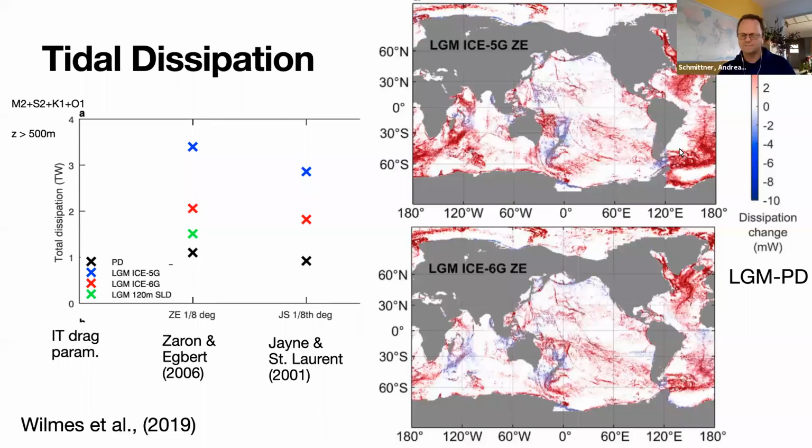So we know from ice core reconstructions that Greenland was extremely cold during the last glacial. It cooled by probably more than 15 degrees, like 15 to 20 degrees. At the same time, Antarctica did not cool all that much. I've been looking at many different model simulations from the LGM, mostly in the PMIP family, and it's clear that the only way you can make Greenland that cold is if you have a weak AMOC.